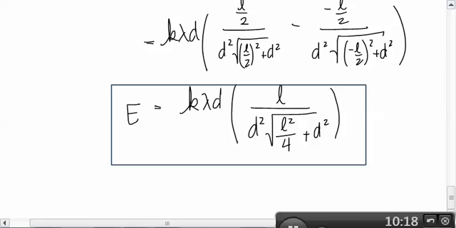Because this would be a distance. That's a distance squared. Well, I was done with my derivation, so I put a